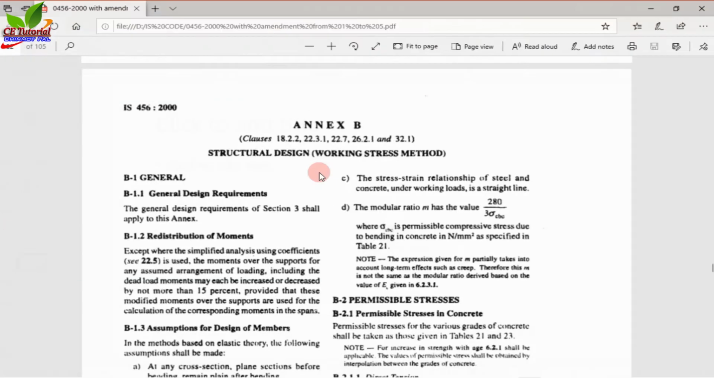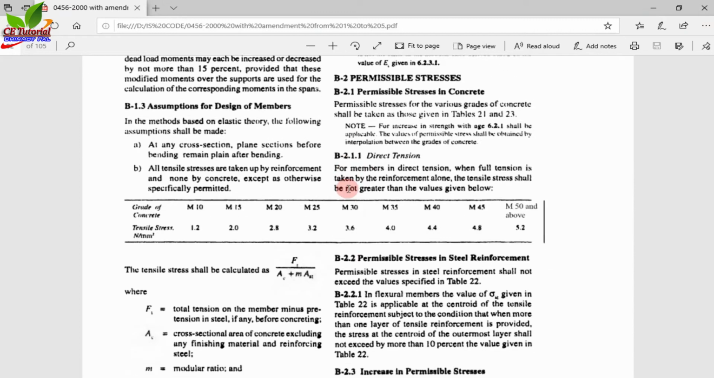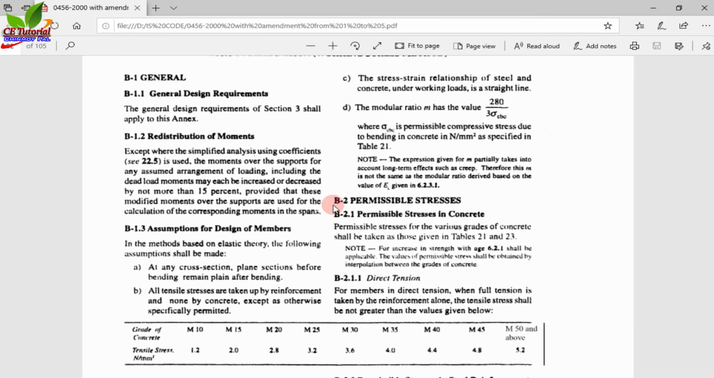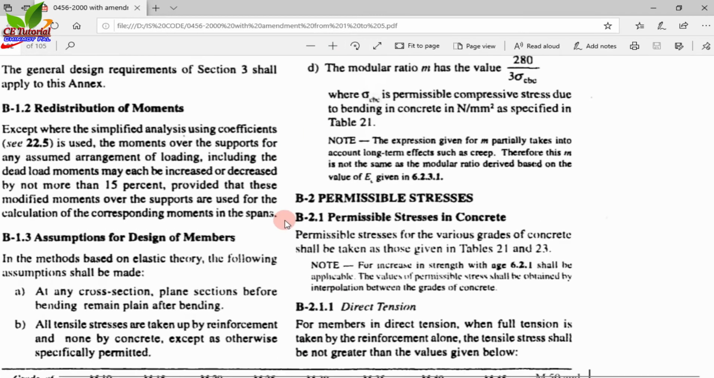Now from today we are going to start the working stress method. So first of all, let me show you: the working stress method is given in your IS code, that is in Annex B, page number 80. And there is some assumption. You can see